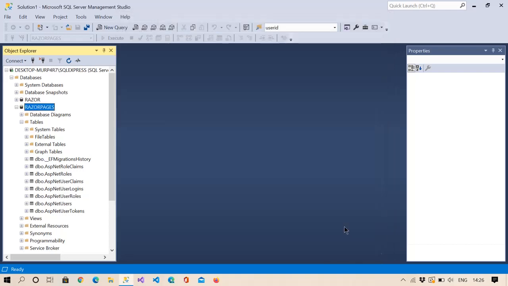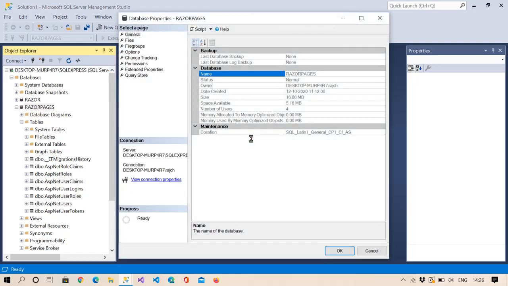Let's cancel this first. Let me make this database a single user connection. So let me go to the properties. In the properties, let me go to the options here.